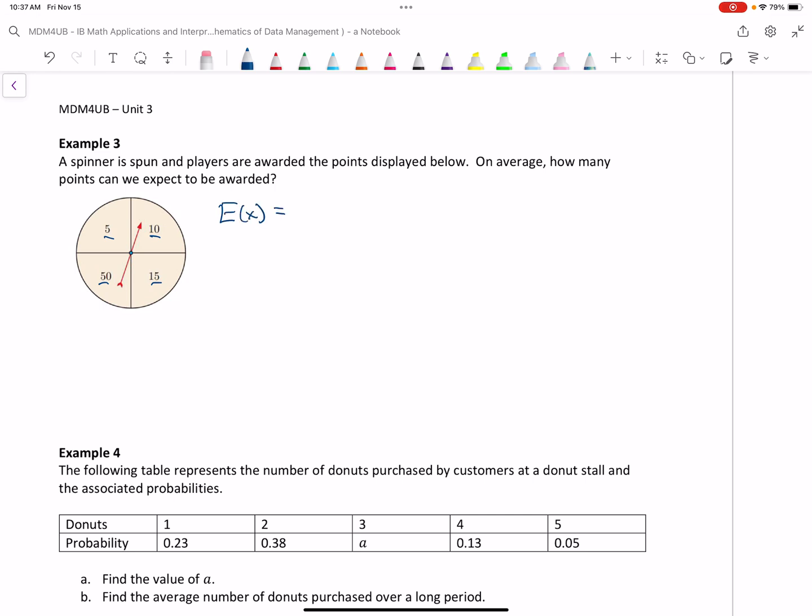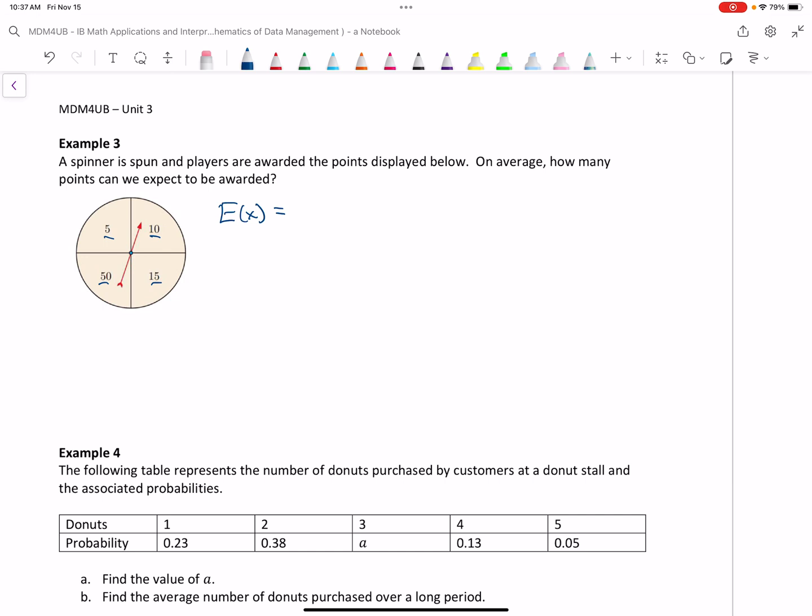So I can think of this as the expected value. Now, if I was just to look at this and say, on average, how many points would you expect to win? You have to think of the on average part. Like if I was to spin this thing 100 times, what's the average outcome that I'm going to get? And that's where it's kind of like a weighting. The weighting is determined not only by the probability, but also by the amount of points that you get for each outcome. So it would be hard to guess the answer to this without actually making some calculations.